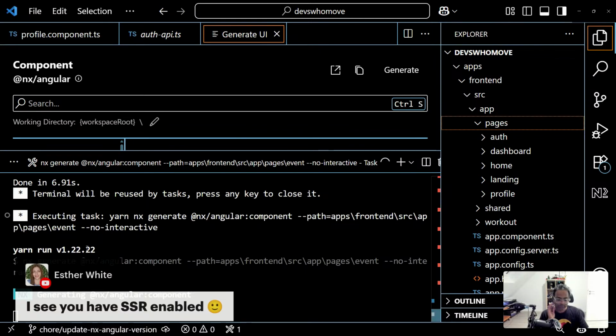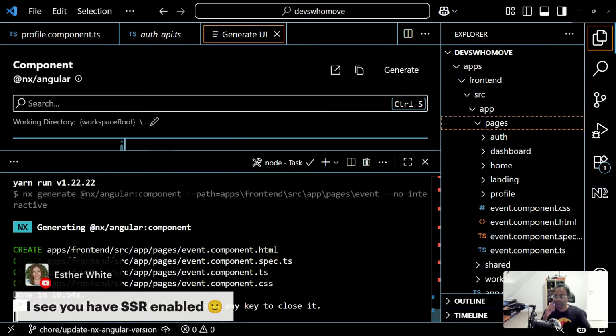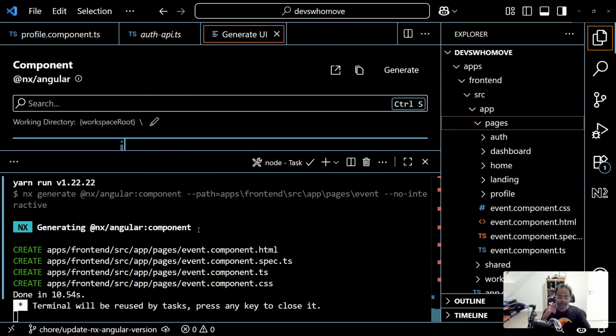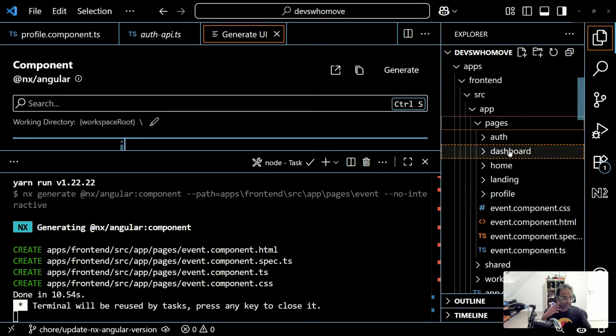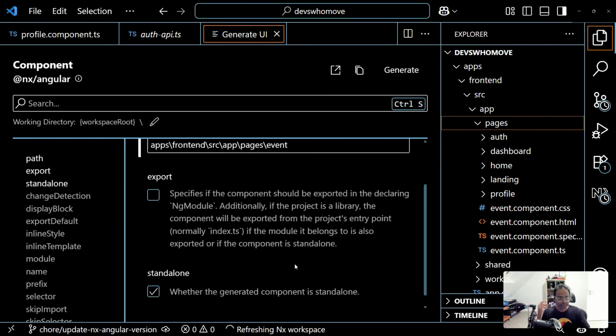I see you have SSR enabled. Yeah, I mean, setting a new project, so I thought like, why not? Let's go with the SSR enabled because also wanted to see like how hydration works. And probably I don't think so. It was needed for this application, to be frank. But yeah, it's a passion project, anyways. It's a hobby project, so